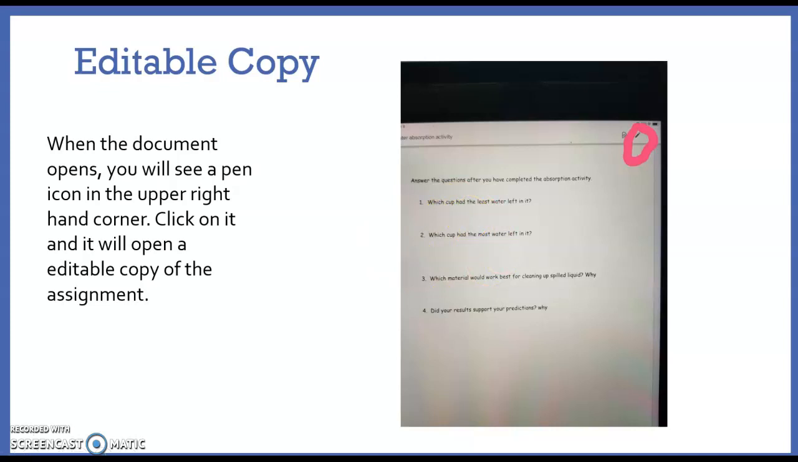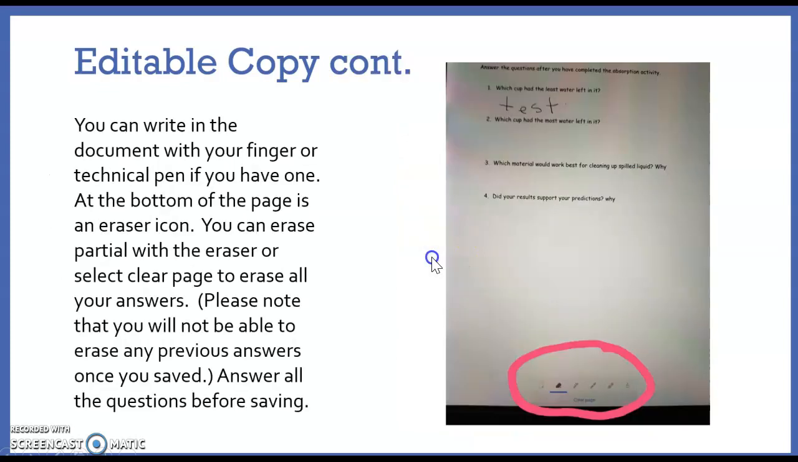So in order to write on the document, you would need to click on the pen icon that's up in the upper right hand corner. Once you click on that, it will bring up an editable copy. You will know that it's an editable copy because you will see the icons at the bottom. You can write with your pen or you can write with a technical pen like the iPen, if you have one. Now, with this assignment, you can write in it,